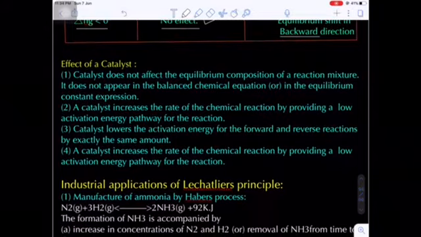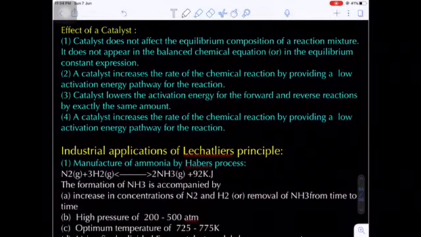Okay. And one more important thing is the catalyst. We know what a catalyst is. It is a substance which increases the rate of a chemical reaction without itself being consumed in the reaction. The important role of the catalyst is that it provides an alternative path for the reaction and decreases the activation energy of the reactants. Once the activation energy of the system decreases, the rate of reaction becomes faster. Otherwise, there is no effect on the position of the equilibrium. Addition of catalyst has no effect on the position of the equilibrium. It only helps the equilibrium to be established quickly.